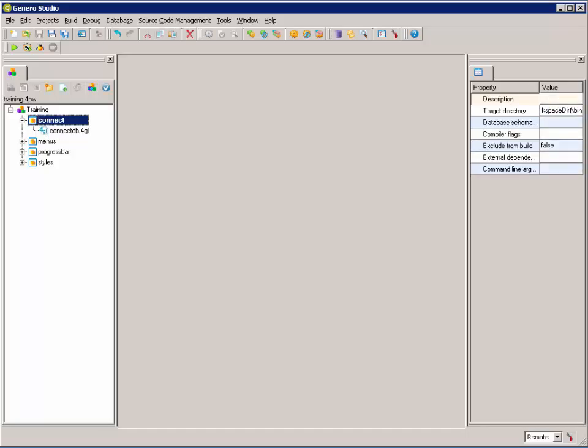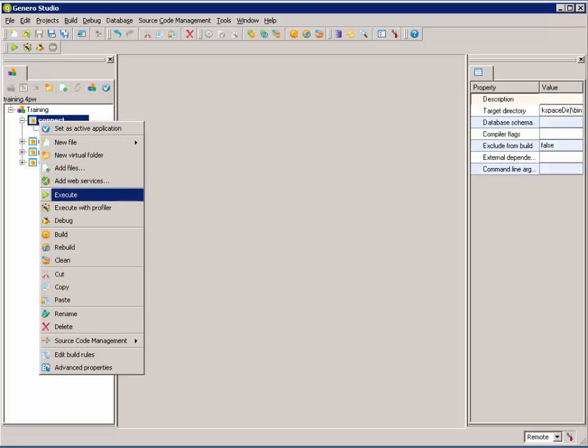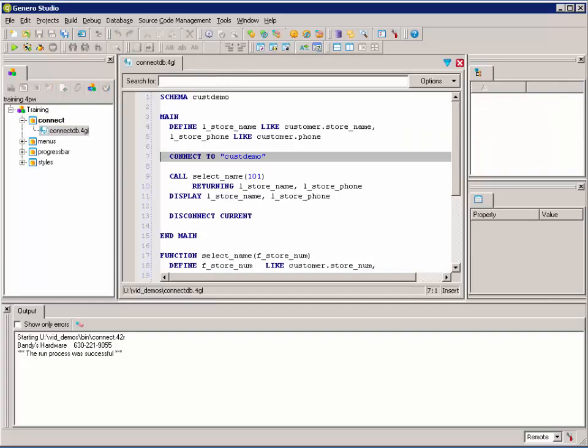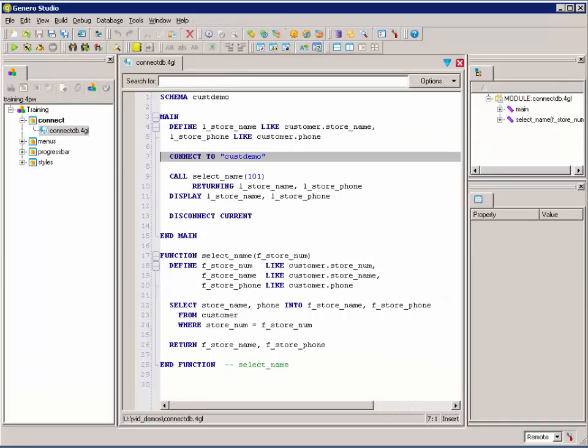In this video, we'll look at retrieving a row of data from the database. In this little program, data is retrieved and displayed to the output. If we take a look at the 4GL source, we can see that we're connecting to a data source called